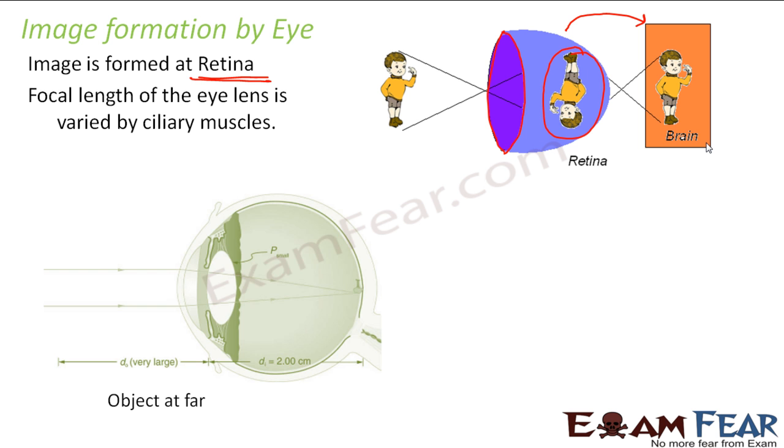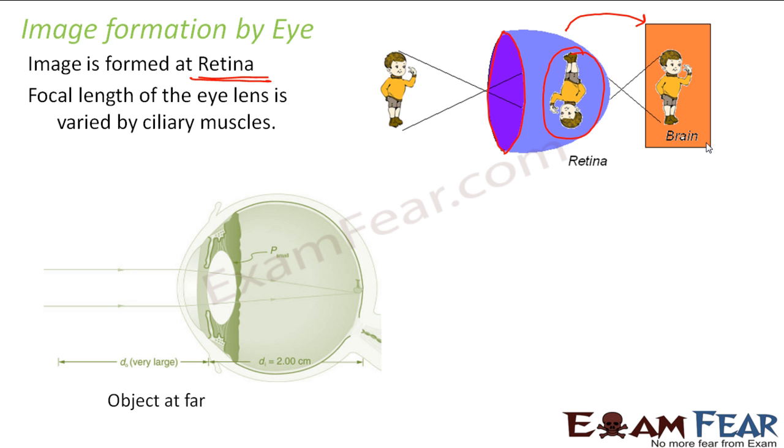of the eye. Let us suppose we want to view an object which is at a very far off distance. Till now I have been telling you that the image will always form at the retina. So a question might arise in your mind: so far we have studied image formation by a convex lens, and as the distance of the object keeps changing, the position where the image forms also keeps changing. So how can we say that every time the image will be formed at the retina?